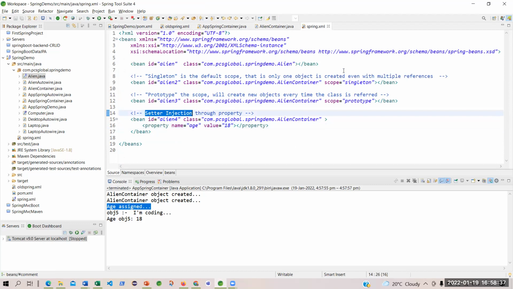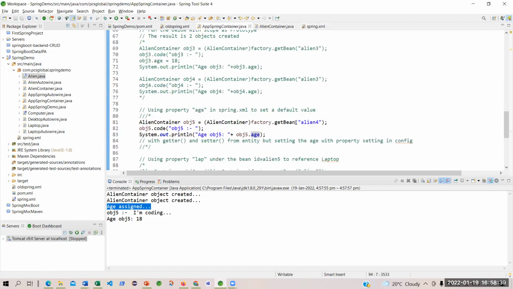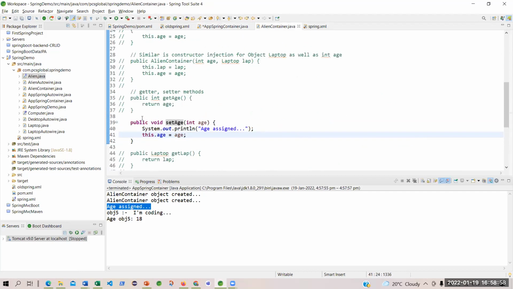But somebody would like to use the getter, because I have used the setter. So what is the big deal if I do the getAge, which is, see, A should be capital, the getter method. But here it is giving red because I have not defined it.